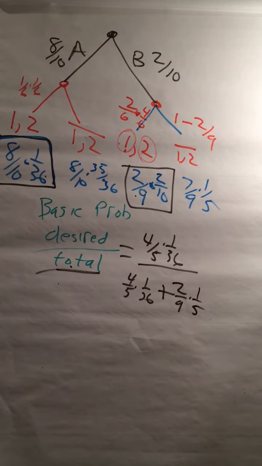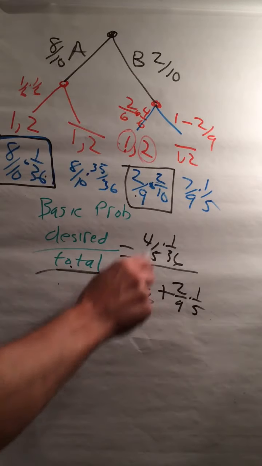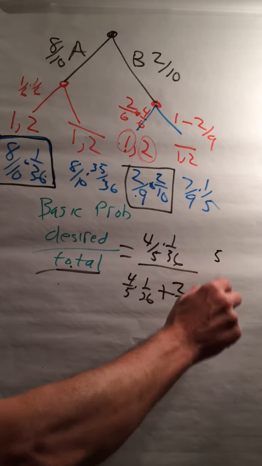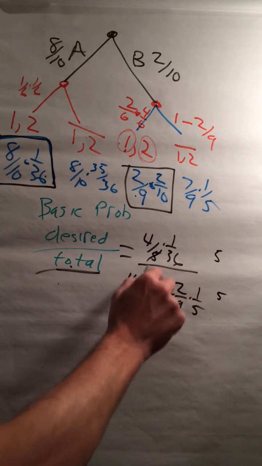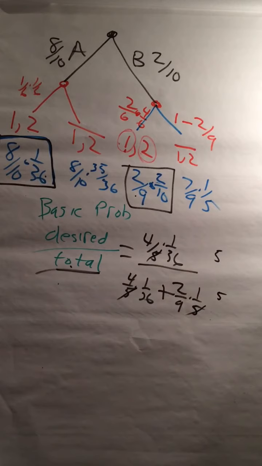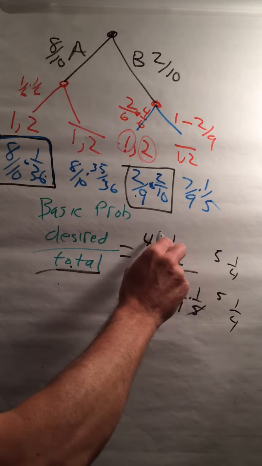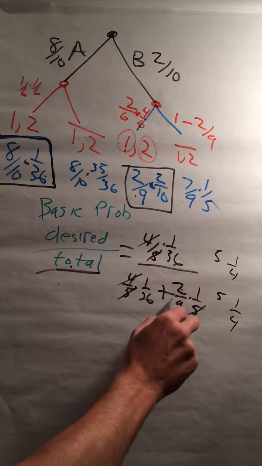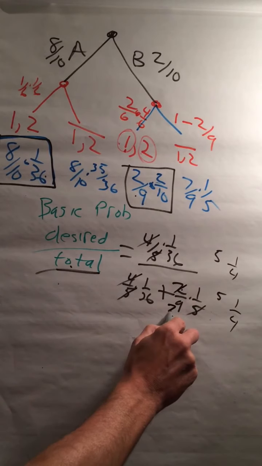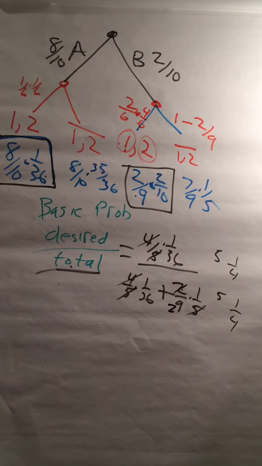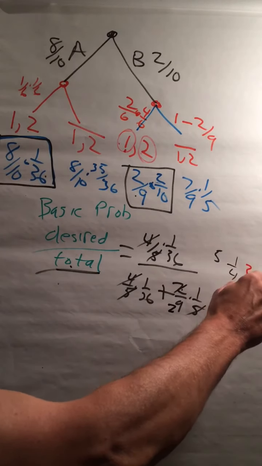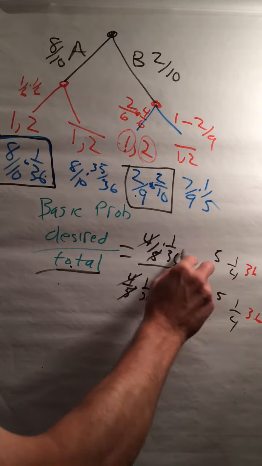So now let's simplify this a little bit. We multiply top and bottom by 5. 5's go. Now we multiply the top and bottom by 4. That goes, that's 2 over 4. So that makes it a 2 on the bottom. Now let's multiply the top and bottom by 36. That goes